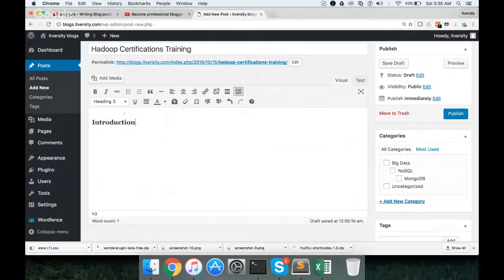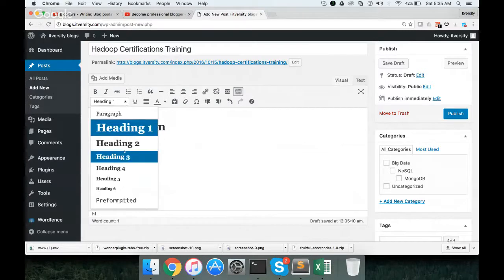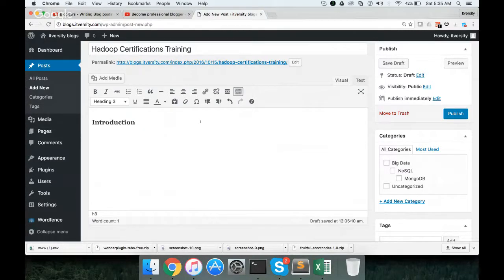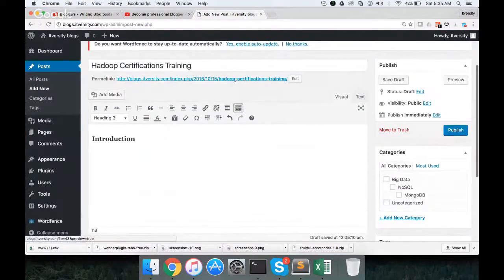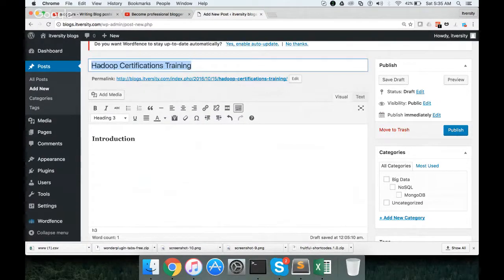I want to use H3. If you use H1, it will be the biggest one, but H3 is more than enough in most cases. Now you can see the permalink is created, and the last section of the permalink is taken from the title. If you want to change it, you can click on edit and change that last section. After we give the heading to get started with our content,